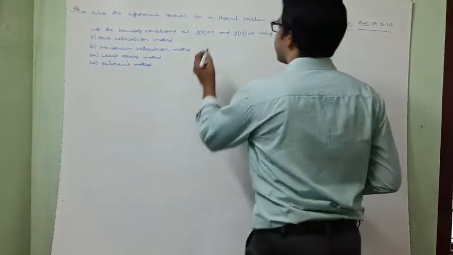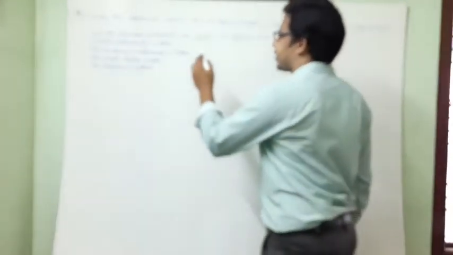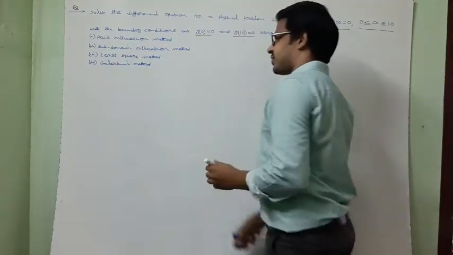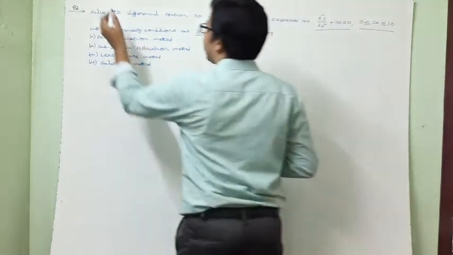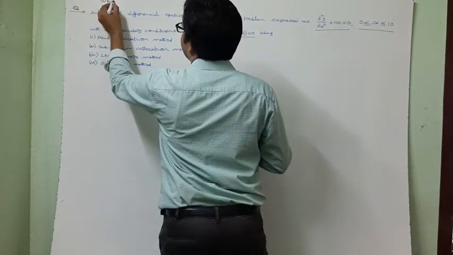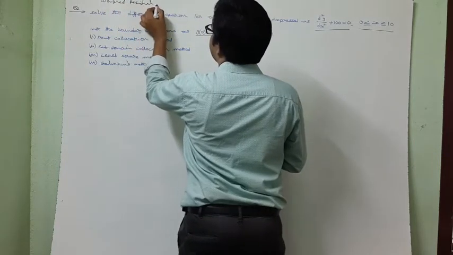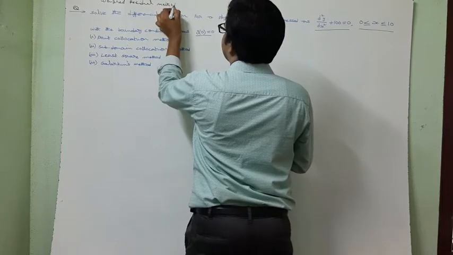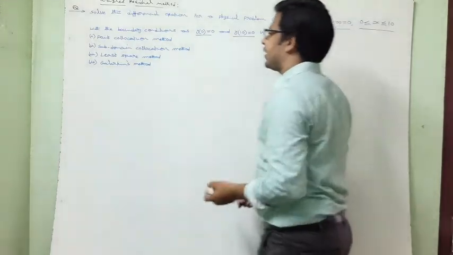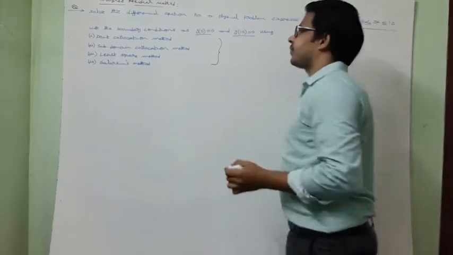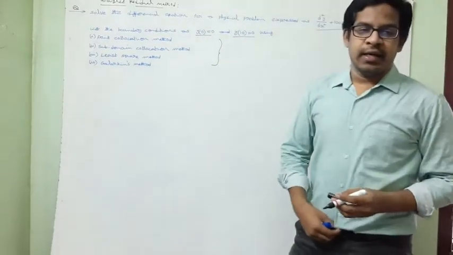So here, with the boundary conditions y(0) = 0 and y(10) = 0, using the point collocation method, subdomain collocation method, least square method and Galerkin method. This is the weighted residual method problem. So these are the weighted residual methods: first point collocation, then subdomain collocation, least square and Galerkin method.